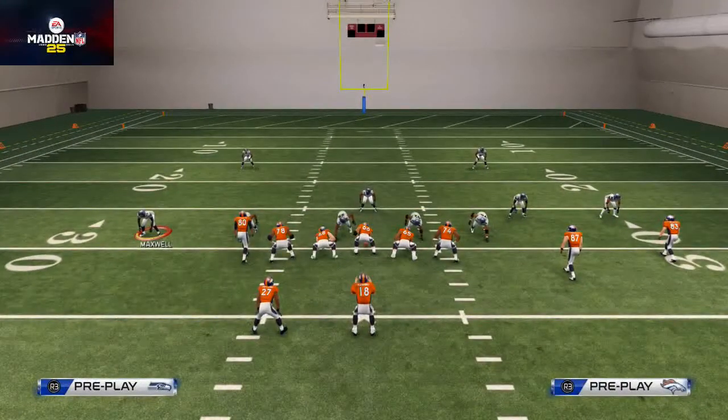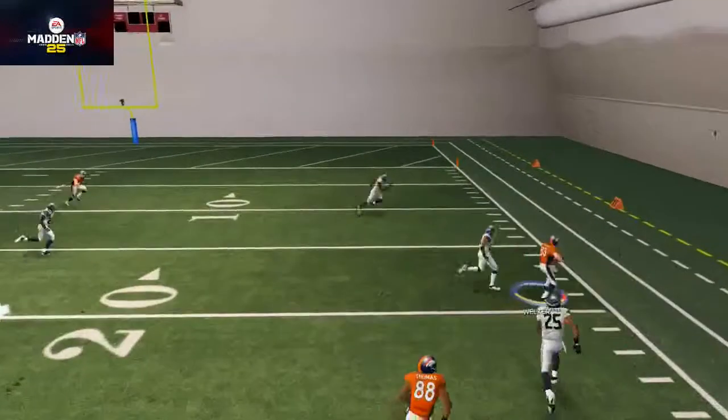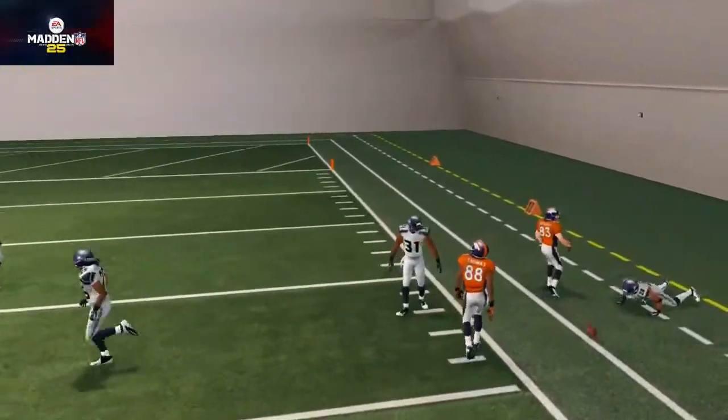So, I mean, it's just a simple adjustment. It's up to you. You could do either way. But I like this. But I probably would say that the smoke screen is a little bit better against zone coverage, if we're only talking specifically zone. So the corner route does a nice job at beating man. Another thing that it does